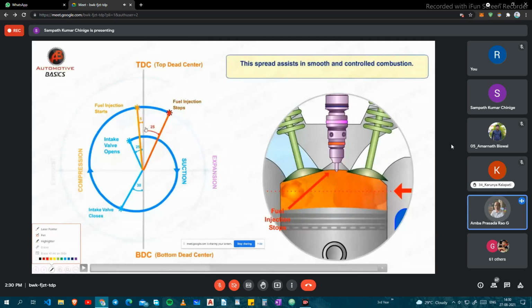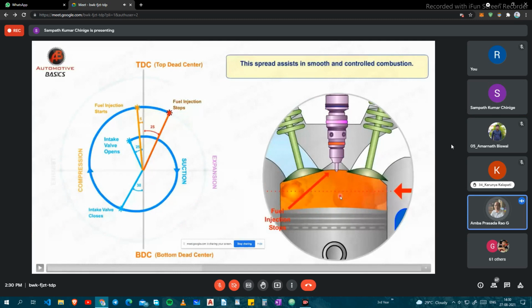Before the piston comes to the topmost point, you start injecting, and it takes some time. The fuel gets injected and penetrates into the highly compressed, dense air, which is at high pressure, high temperature, and high density. In that, the fuel has to penetrate and disperse, because it has to spread inside, and then evaporation takes place.